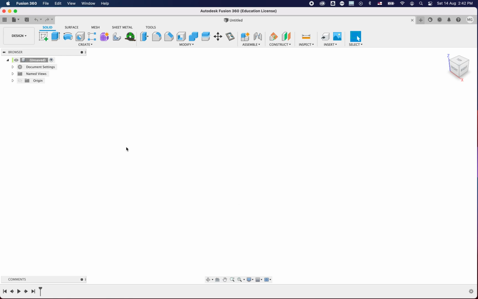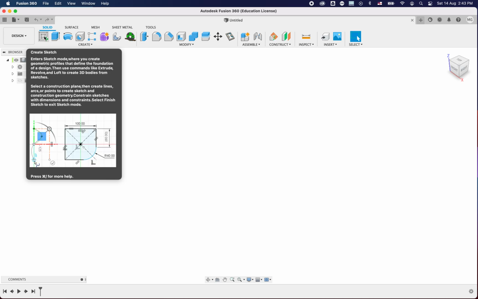So, what we're going to do is go over a few of the basic commands that we're going to be using in order to create our planter. The first one that we're going to go over is our sketch tool. What the sketch does is, literally, we create a sketch in order to then be able to make a